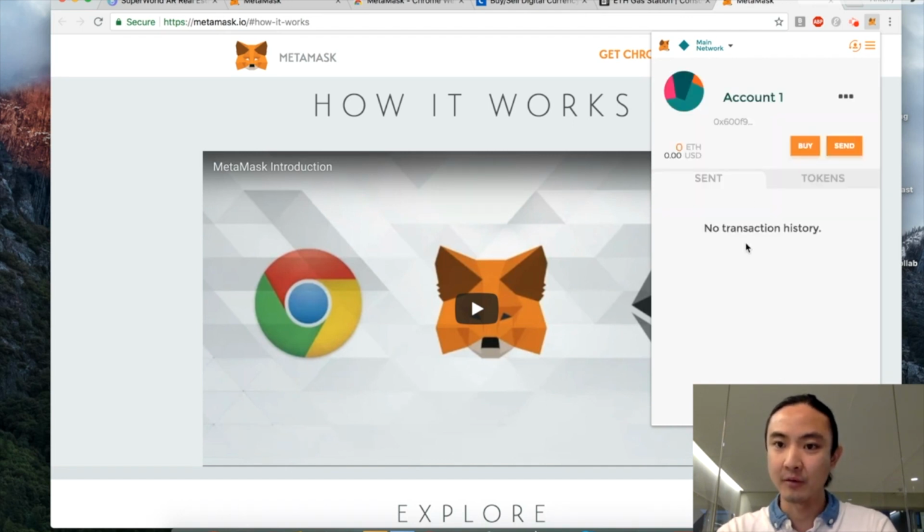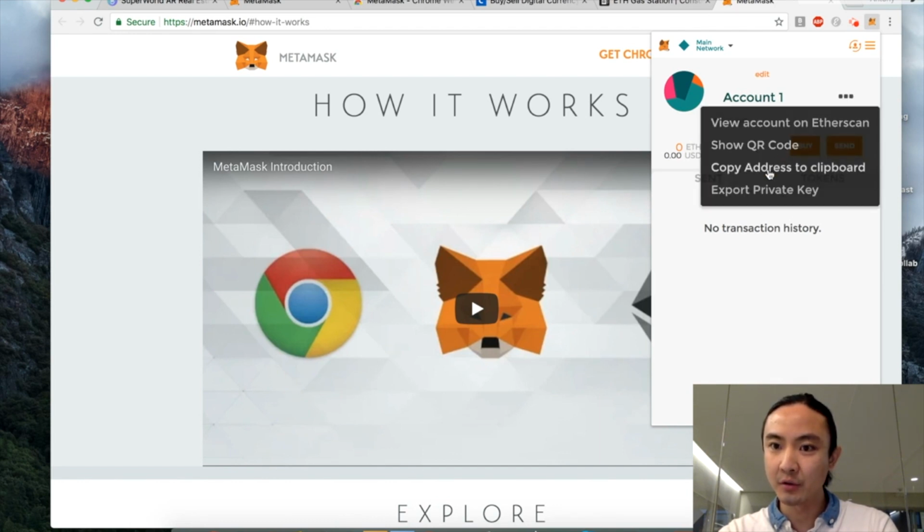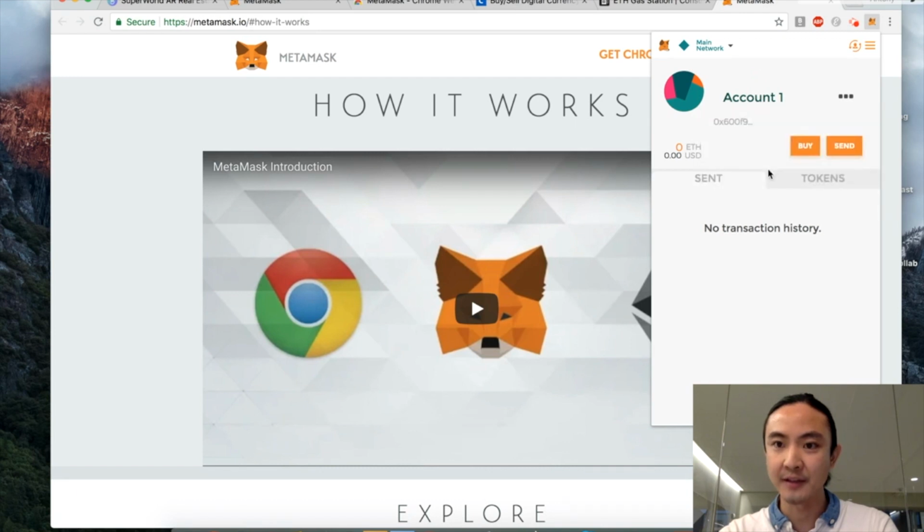I'm in my account. It's pretty easy to set up a MetaMask account. And if you click on these three dots, you can click Copy Address to Clipboard, and that will let you have access to your address, which is what you'll put in Coinbase to transfer your Ethereum from Coinbase to your MetaMask account. I'm going to assume that most people already have a Coinbase account and some Ethereum, so I won't go into how to purchase on Coinbase